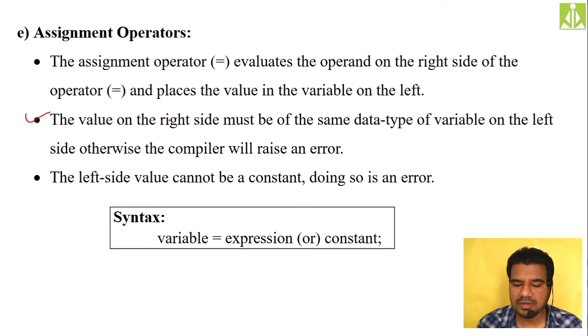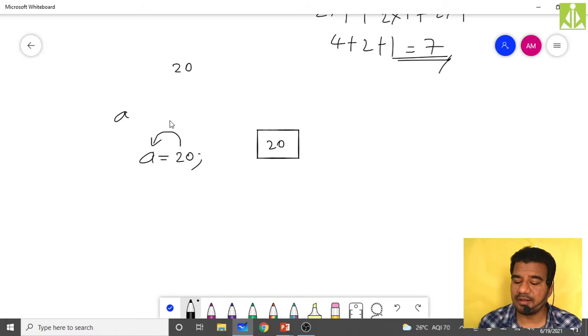Always remember, when you have an assignment operator, the right side value can be a constant, but the left side value always needs to be a variable only. You cannot put a constant on the left side of the assignment operator. Doing so is an error. See, the assignment operator is the equals to symbol.